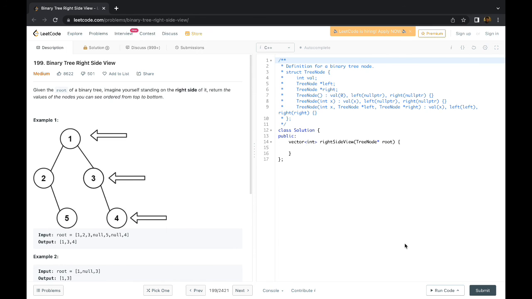We are going to solve this problem today. We will go through the thinking process, we will write the algorithm, and we will also see a working code